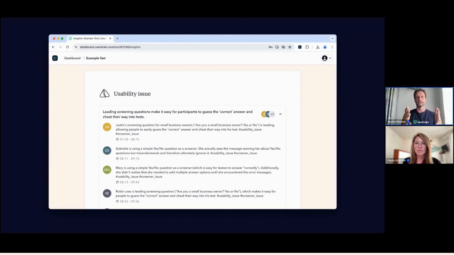I'm just using this example, and I hope it wasn't unnecessarily confusing, because everything I'm trying to tell you is that you can add your own notes and observations in there, and the AI will also take them into account and put them in this AI Insights tab. So again, this is a problem the AI didn't find at all. I found it manually with these 5 quotes, and then the AI created it here as a usability issue. And this way, you can actually work together with the AI and really leverage it as an assistant.